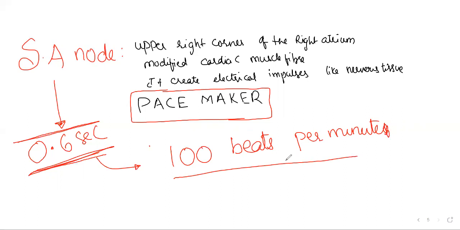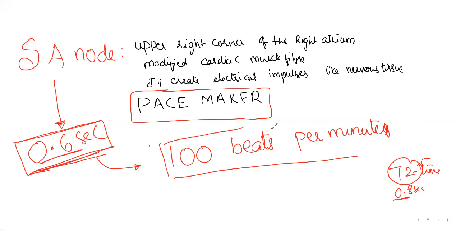So why can a human being not show a heartbeat of more than 100? The general heartbeat is 70 to 80, or 72 times, which is generated at nearly 0.8 seconds. But the minimum time it will take is 0.6 seconds. So this is the minimum. In that way, we can say 100 beats per minute. We are going to do all these problems, but I'm just providing information here.